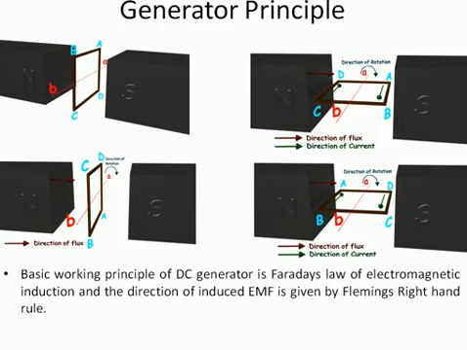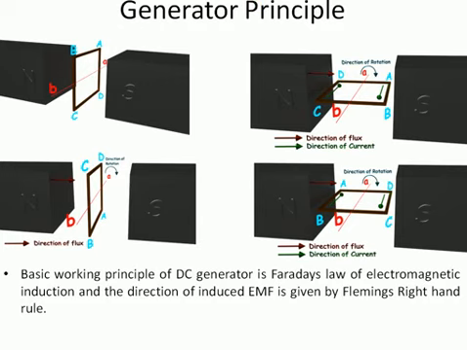So in order to explain the basic working principle of a generator, let's consider a loop here. You will be able to see a loop here, A, B, C, D. It's actually a closed loop which is being placed in a magnetic flux. This is actually the north pole and this is the south pole. So definitely the magnetic lines of flux will be moving from this north pole to south pole. Consider the direction of rotation as clockwise.